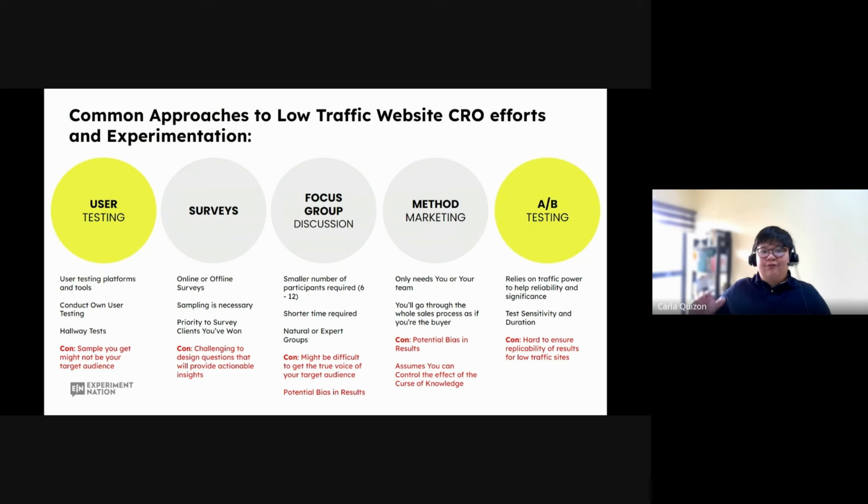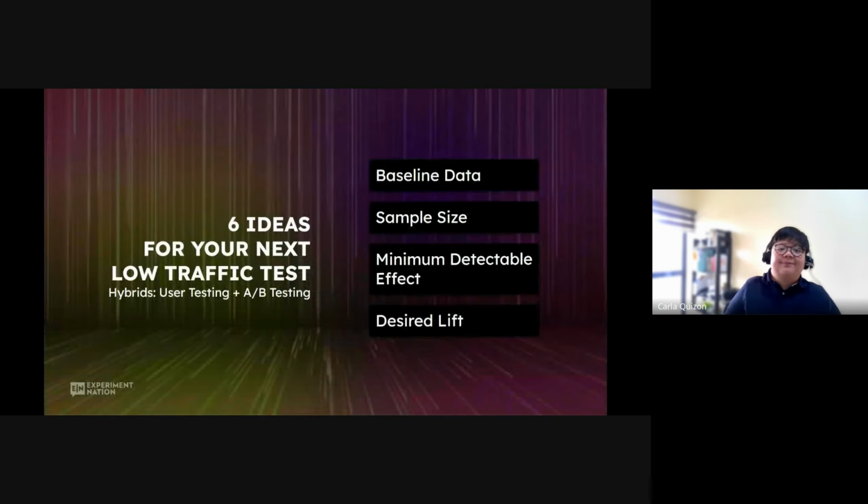From here on out, I'll focus my attention on these two methodologies, user testing and A/B testing, since what we're trying to achieve for level one is really testing acceptance and familiarity. These two might be the best combo to get us there. You can maybe add some method marketing in the mix. You've likely encountered some of it when you did your diagnostics. Anyway, so